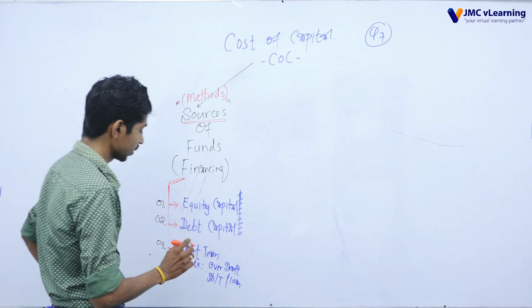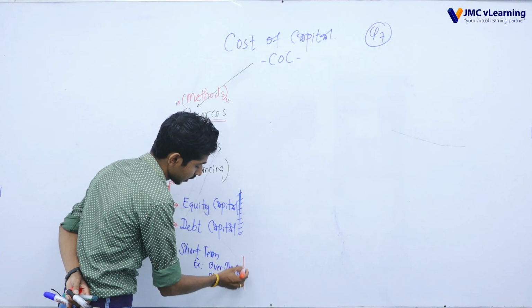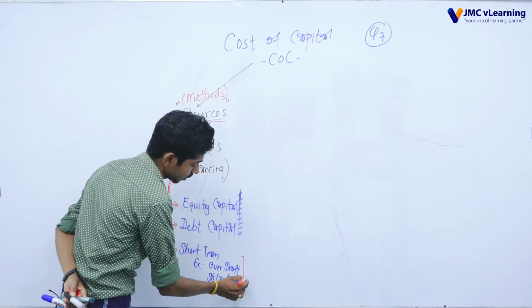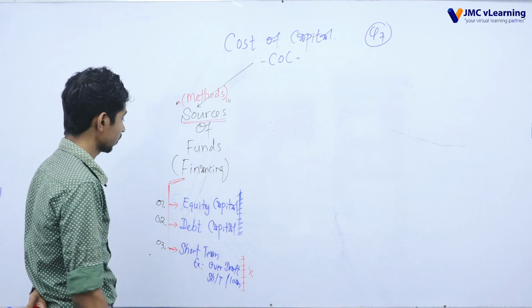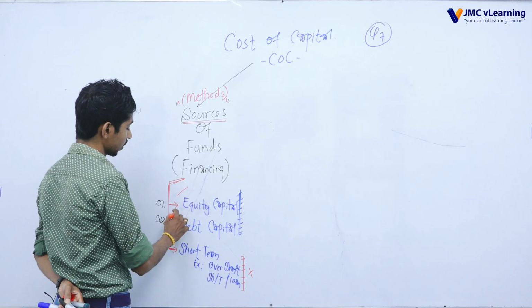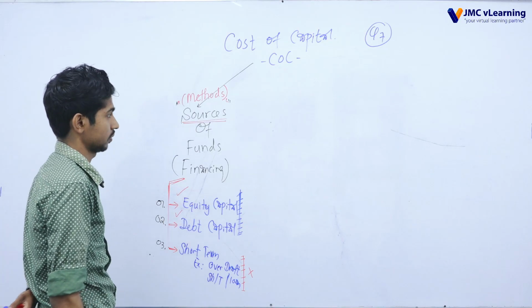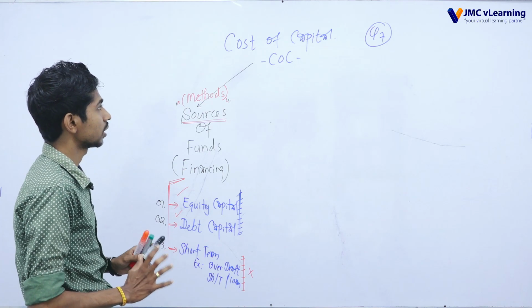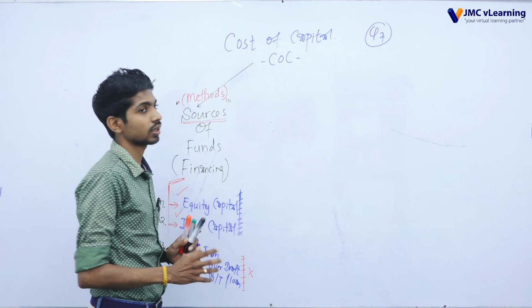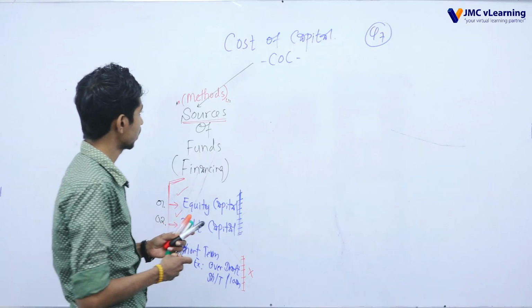In our AAT 3 syllabus, this topic will not be included in our calculations. We are mainly focused on equity capital and debt capital only. This is the mind map, the short note, so that you can memorize what areas will be included in this topic.